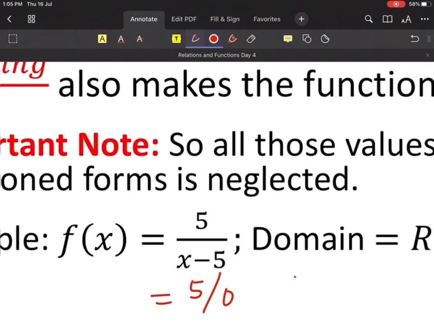Now I don't expect that you will tell me the correct answer, but I still, in my heart, want to see whether you can tell me. Can you tell me what is the domain? That's why I hid the answer. What was the definition of domain? All the possible values of x for which the function is defined. Yes or no? Very good.